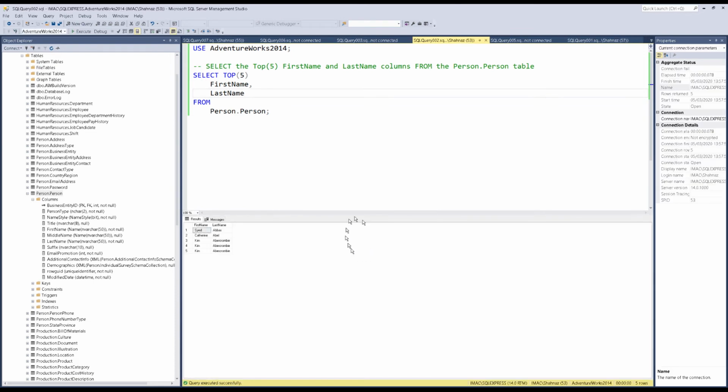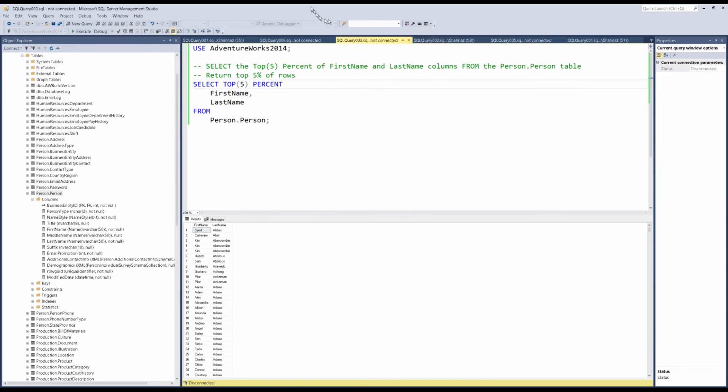Sorry, it's disconnected. So, if you see, it is now giving me top five: 1, 2, 3, 4, 5. And let's quickly see other queries. For example, here I am seeing top 5%. Okay, top 5% of my whole 19,000, whatever it was, I think 972, I don't remember exactly what